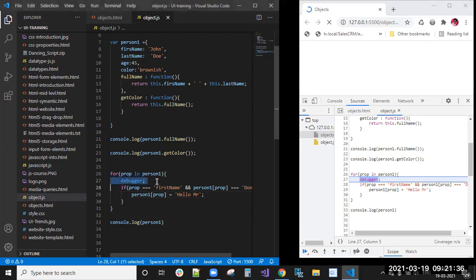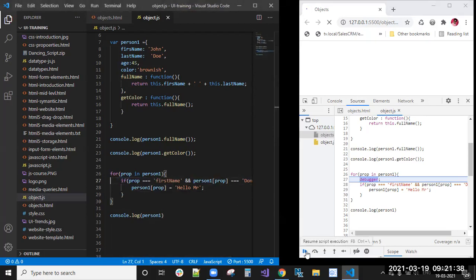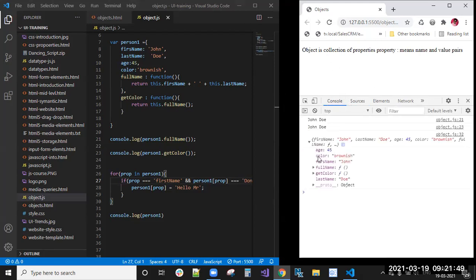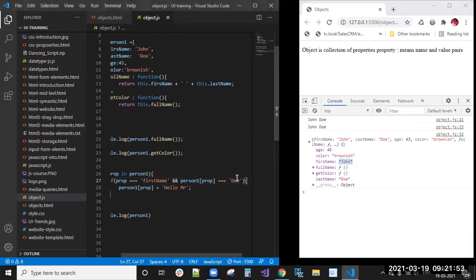I'm removing this debugger. Now console, the first name is still John only, because here I have written Don.